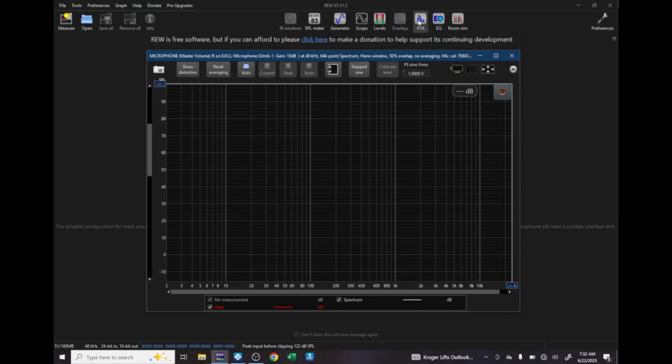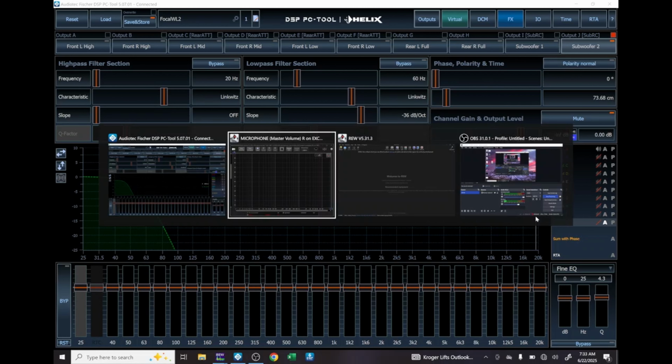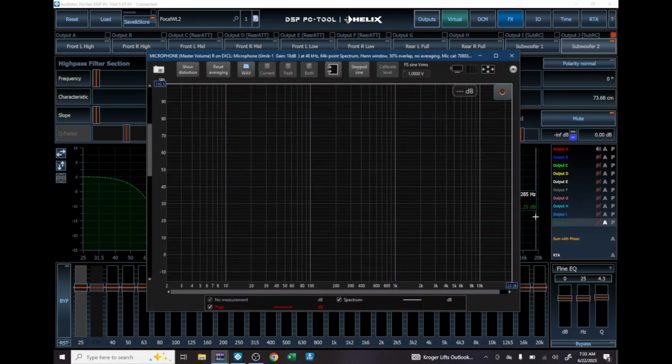So we're gonna do one speaker at a time, and I'm gonna mute just with the number, not the number pad on the right side, but the number pad on top of the keyboard. Just click on all the numbers, and you can mute all the speakers. So right now I'm muting every single speaker except the left tweeter, which is the one that I'm going to start with, right? So now we switch back to REW, and we turn on